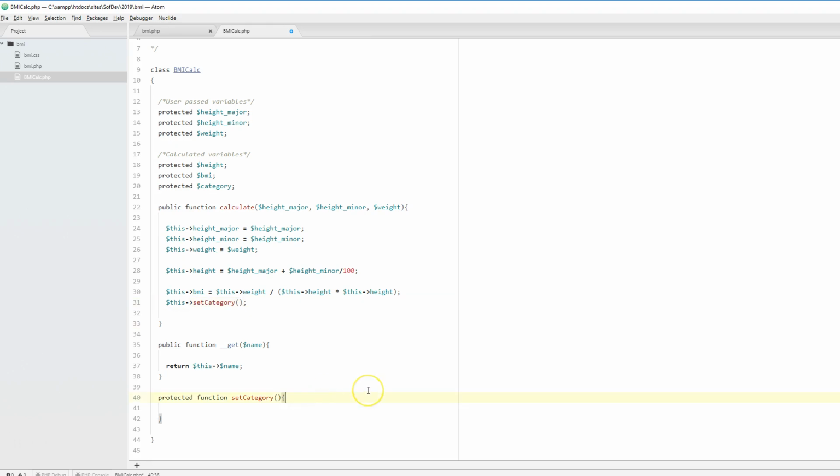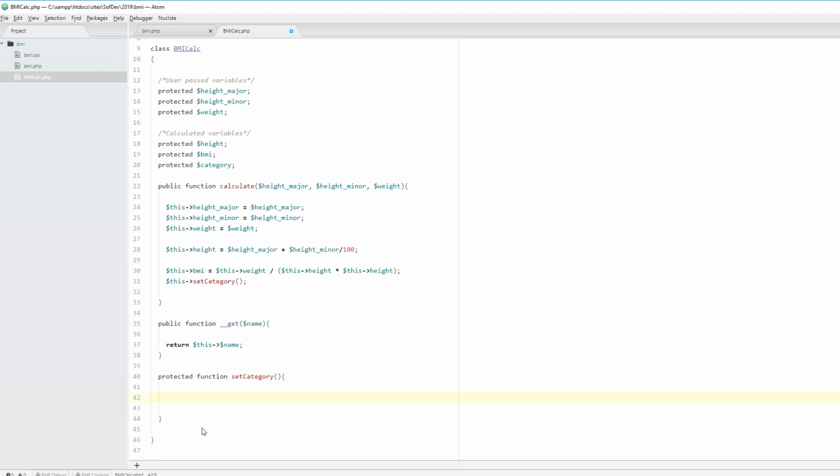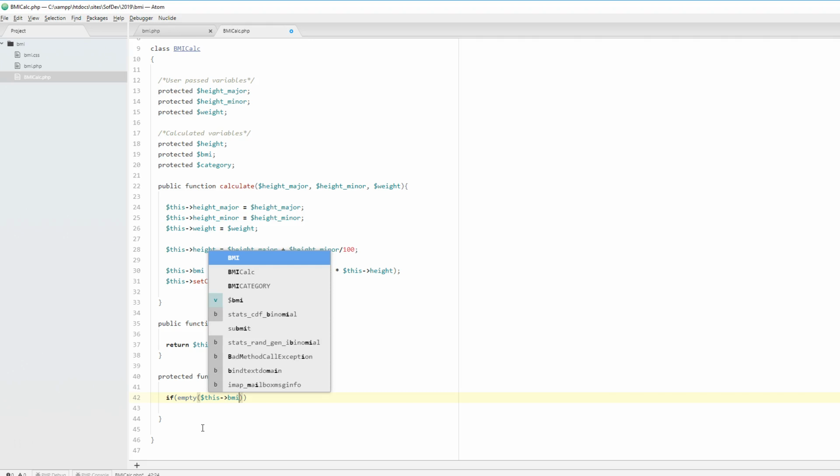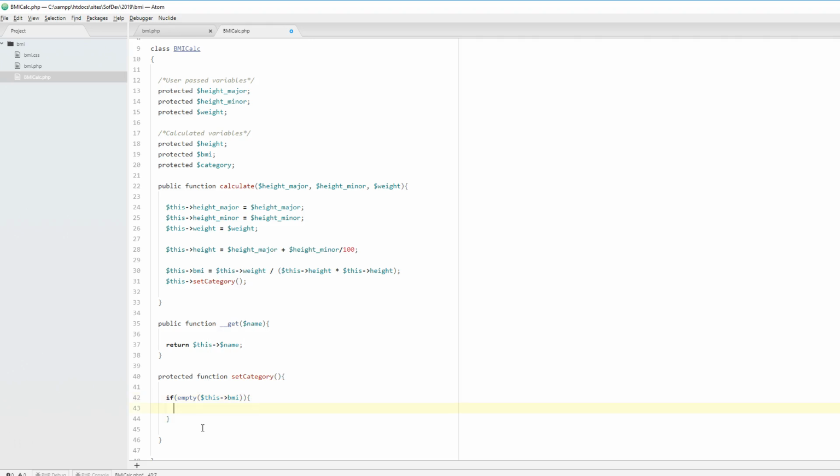And inside set category, we're going to check that BMI has already been called. So we're going to do a little check. We're going to say if empty this BMI, in other words, it hasn't been given a value yet, then we might actually just kill the whole thing